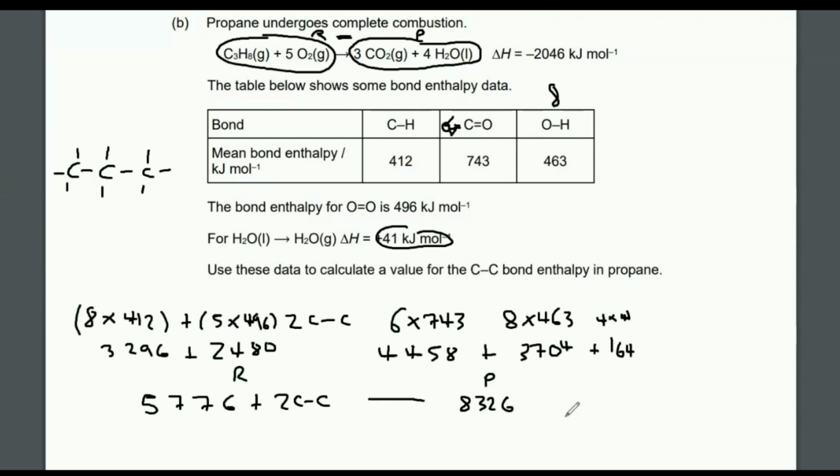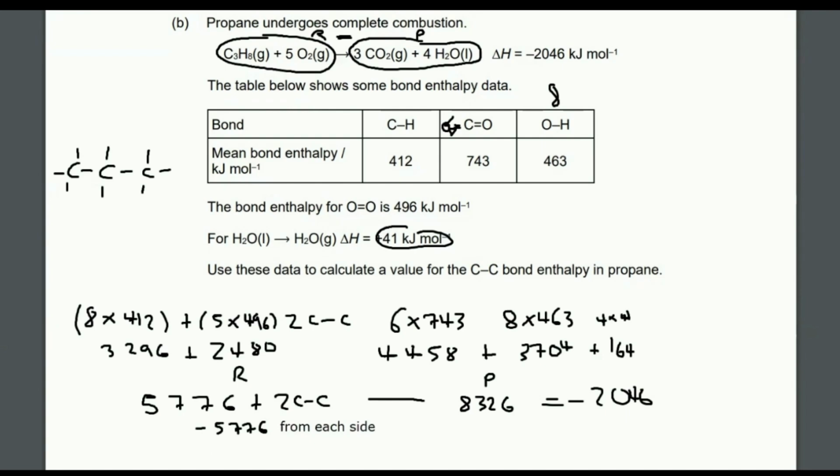I put a minus now, and then equals minus 2046. And then you just got to rearrange that to make 2cc the subject. So, for example, let's start by minusing 5776. We could start with that from each side. So let's minus 5776 from each side, in which case we're going to get